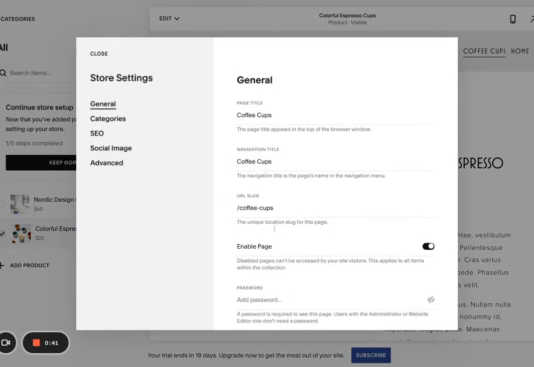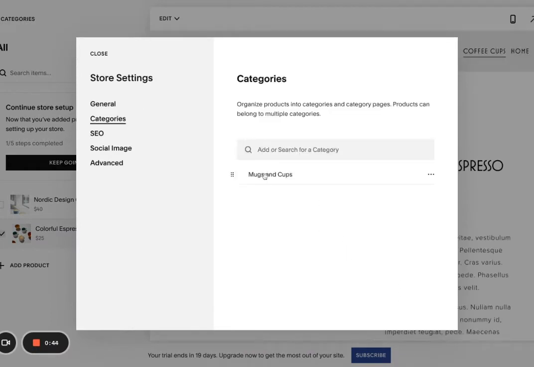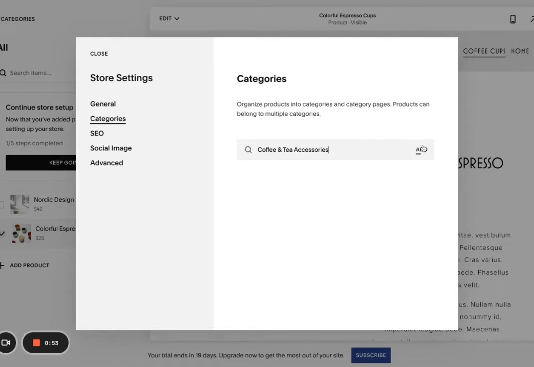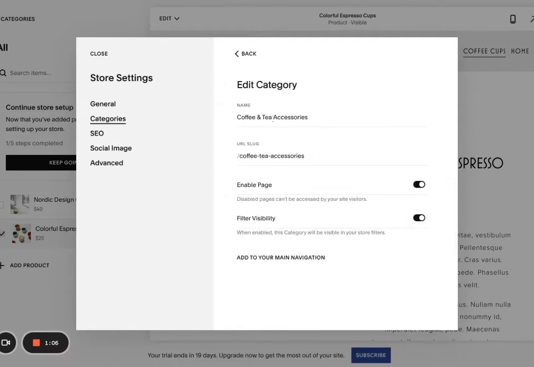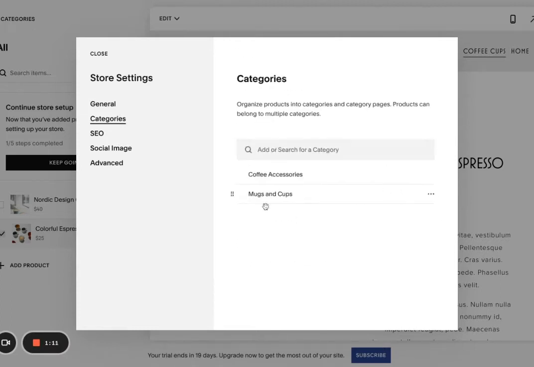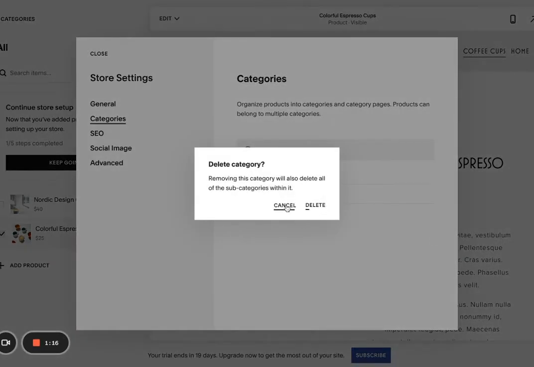But also what you can do, you can go back to the shop page, click on this gear icon, and go onto the categories. So now we already have mugs and cups. And let's just add coffee and tea. And click add. So now we have two different categories. You can also edit the name of it. So if you just want to have maybe coffee accessories, right? And you can also delete if you don't need it. But I'm going to keep it